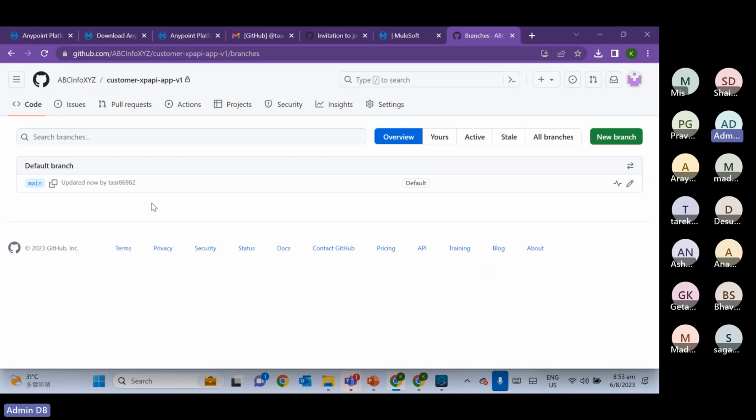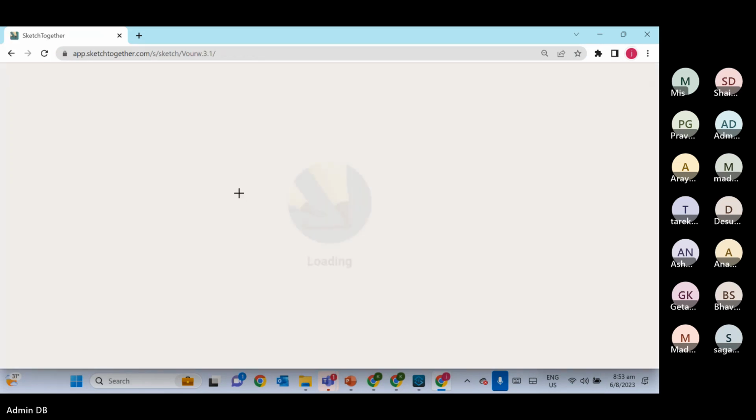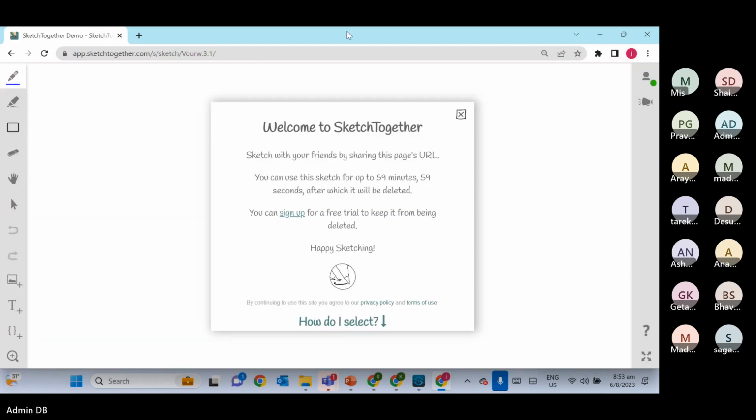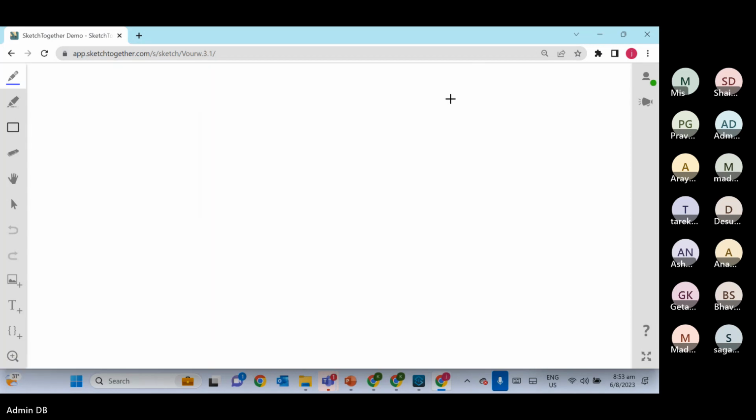Whenever you work on any project, first thing you will have is multiple environments. So you will have production environment,